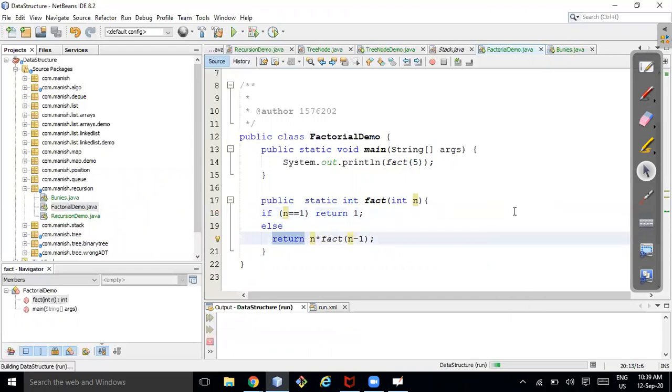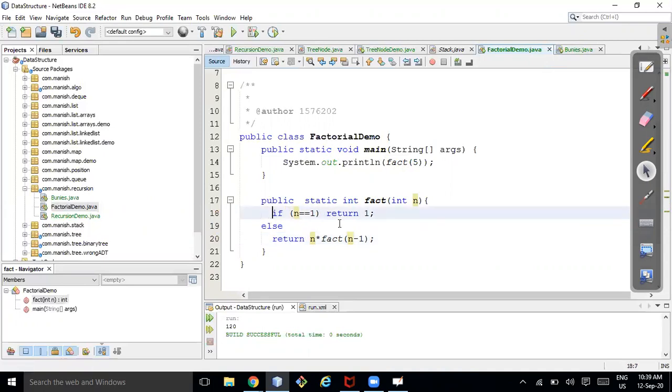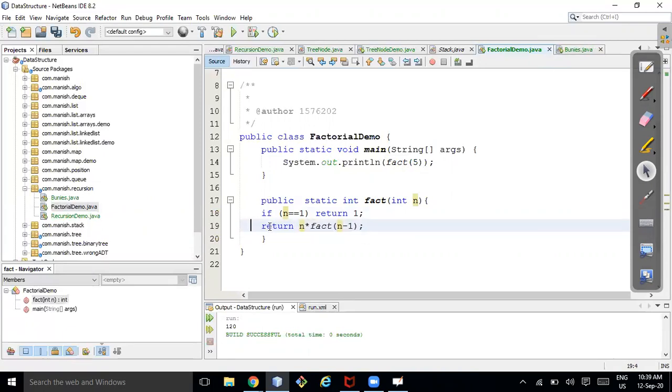This one will also give the correct output, but do you see any difference? For this particular function, I don't see any difference. But in some places there will be a difference between this if block and directly writing into this.